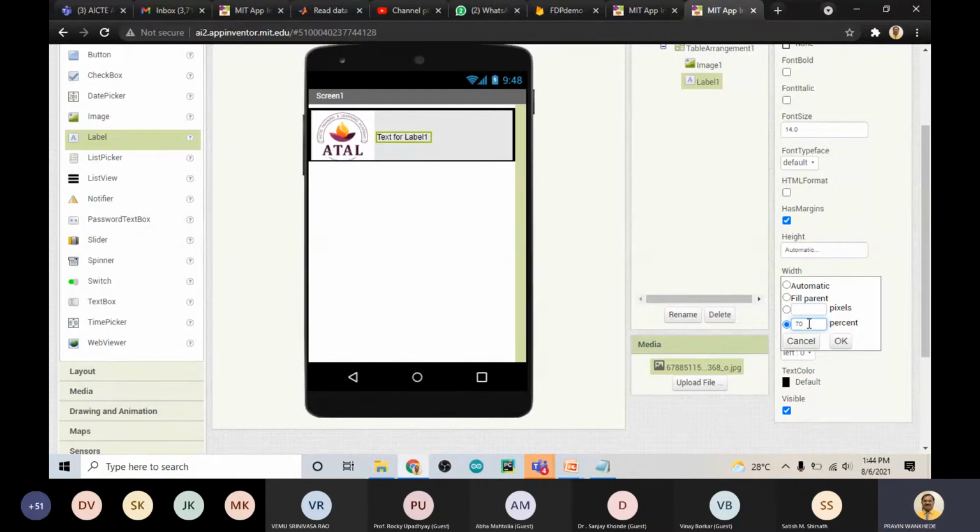If you do not want to upload the image, you can upload separately also. Suppose I take again, delete this one, make it delete, fine.